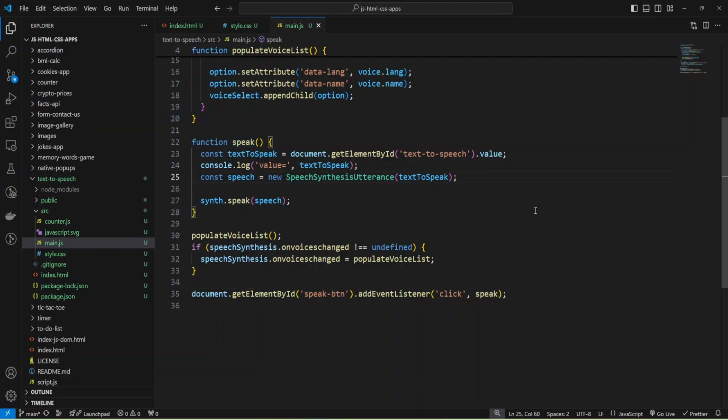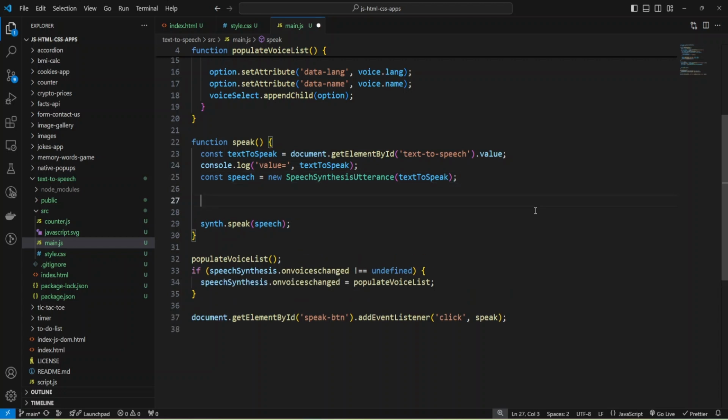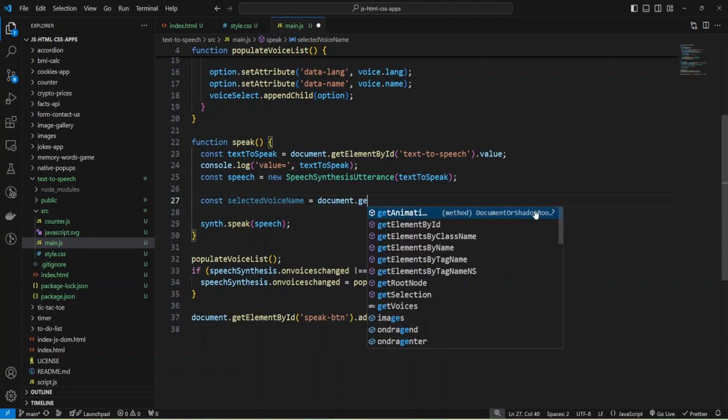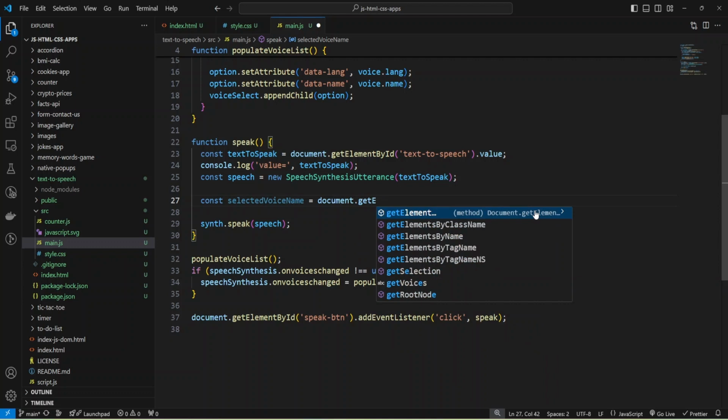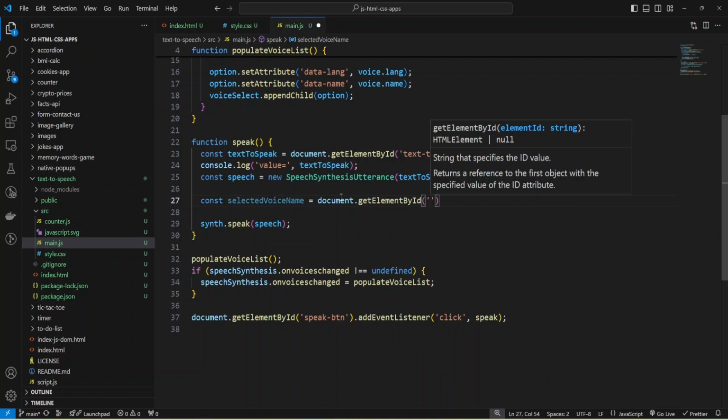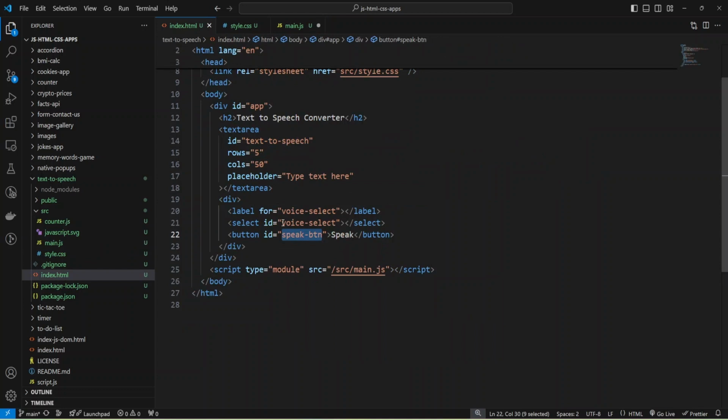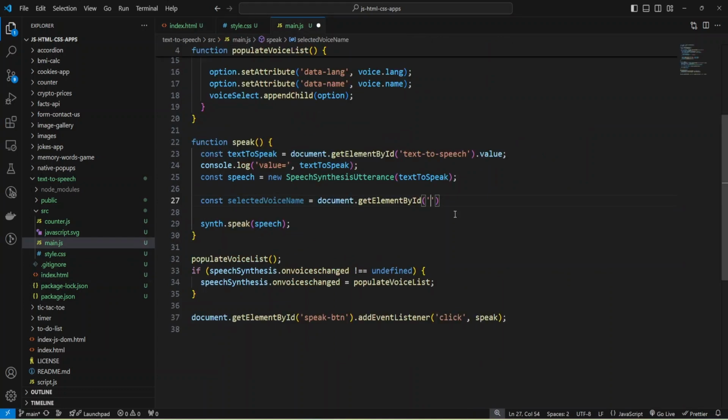And for that, I'm going to modify my speak function, and I'll retrieve my selected option. I'm going to add const and provide selectedVoiceName, and we'll use document.getElementById, and I will provide the ID of my select, voice select.